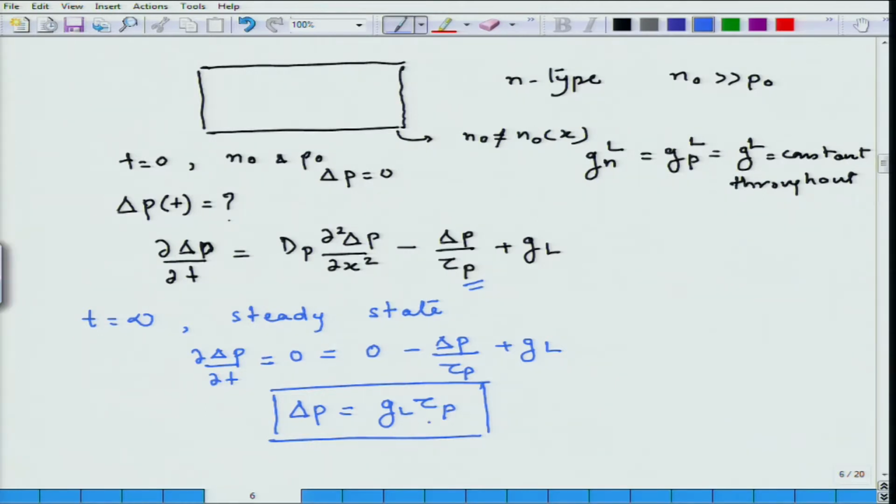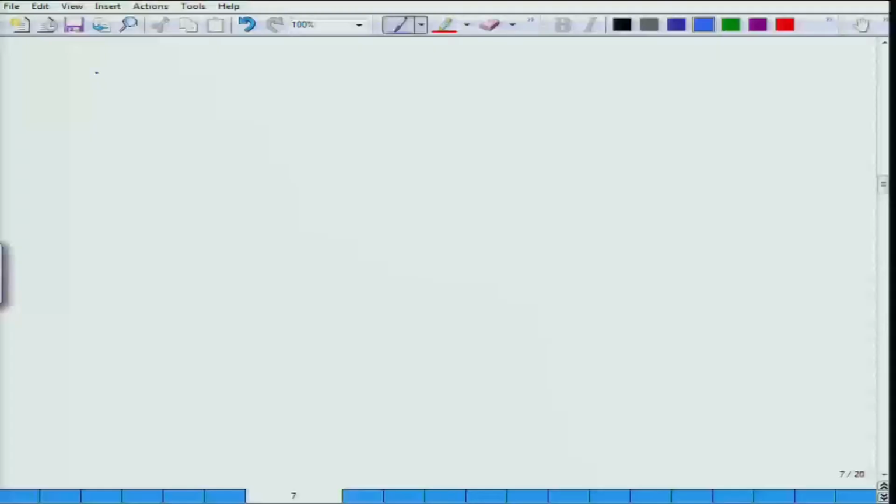Now, if this is happening at steady state, what is happening in between? So, what is happening from T equal to 0 to T infinity? Obviously, we have gone from excess carrier being 0 to excess carrier being a steady state value. So, we need to look at what is the transient phase. If we look at the transient phase, then again we write the same equation and see how we will solve it for the initial and final condition. So, the first term is still 0, and the second term is given by